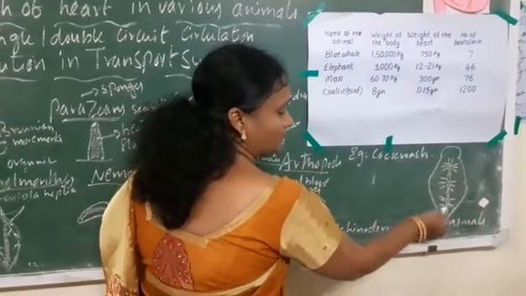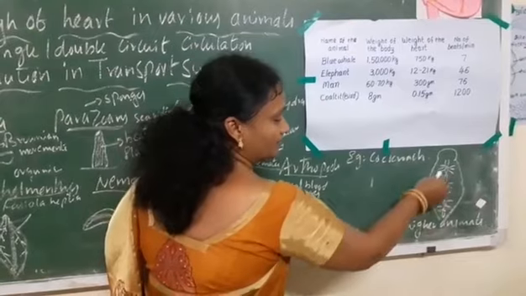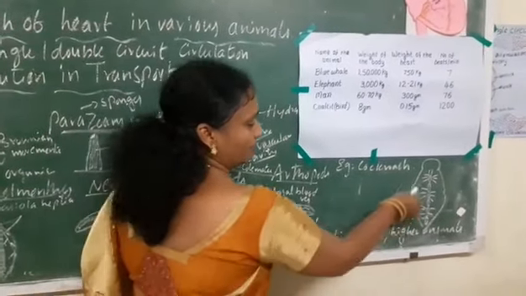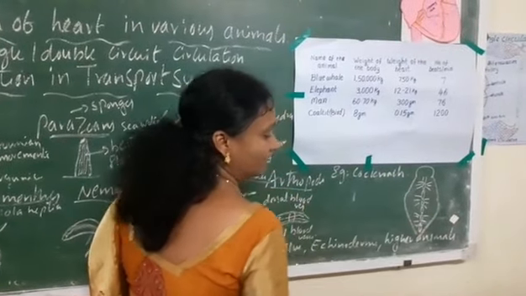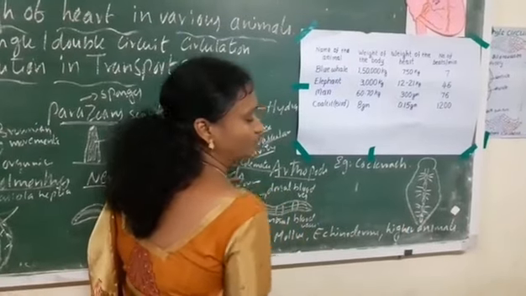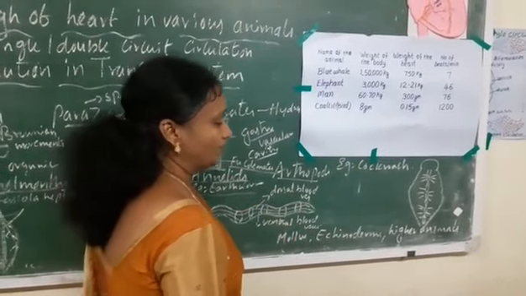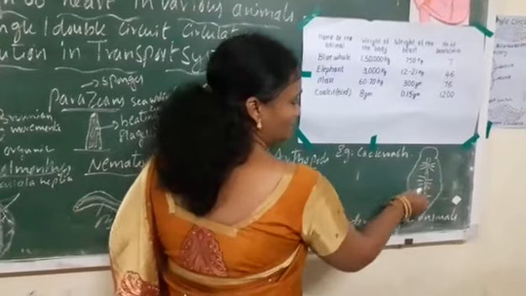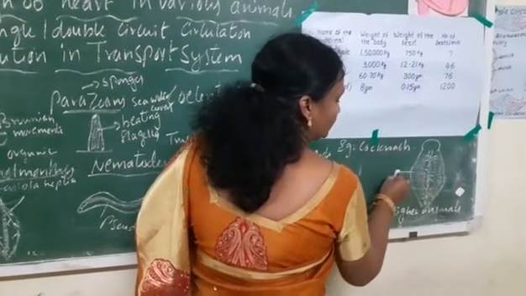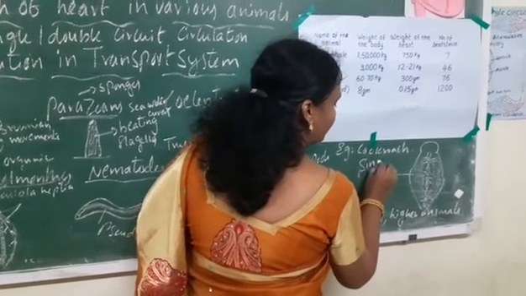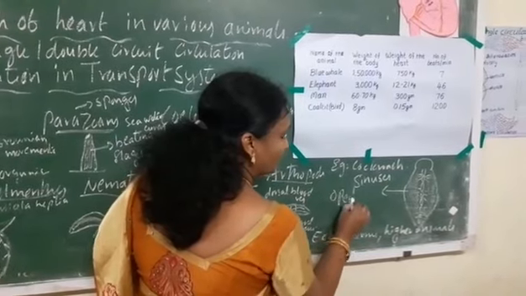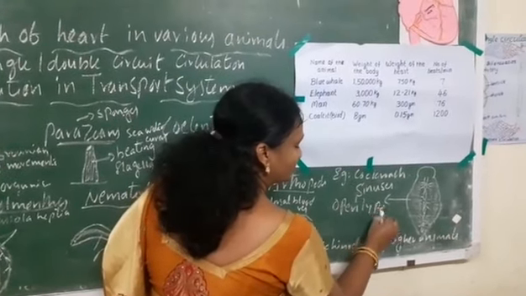So 8 chambers of the heart are present, and the blood is white in color, and it does not have hemoglobin, and the blood will not play a role in respiration. Only it will be helpful for transporting the substance and removing the substance from the body. The heart pumps the blood into the open spaces in the cockroach. Those open spaces are called sinuses. And as there are no blood vessels, we call it open type of circulation.